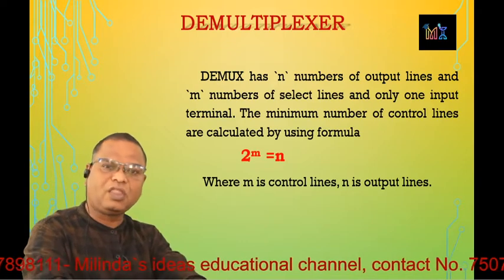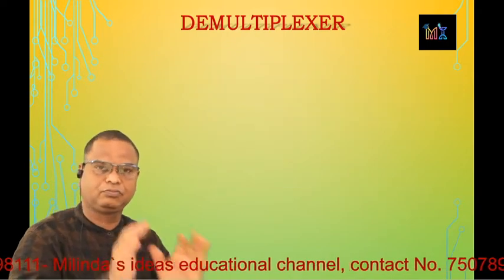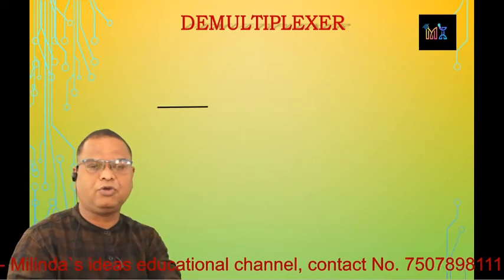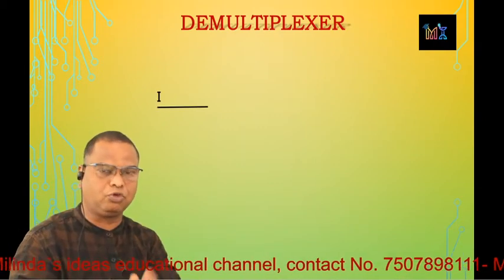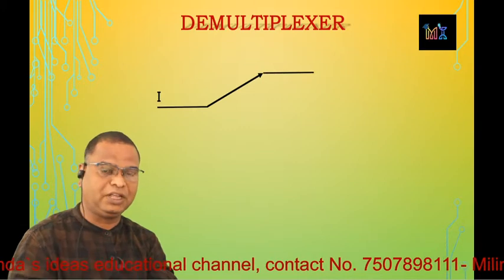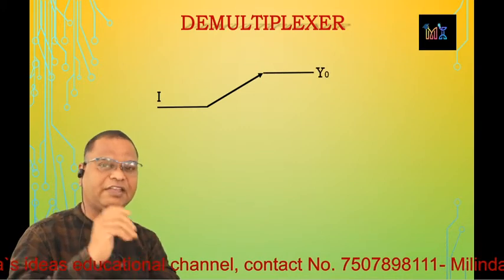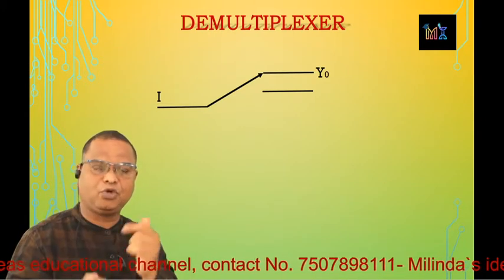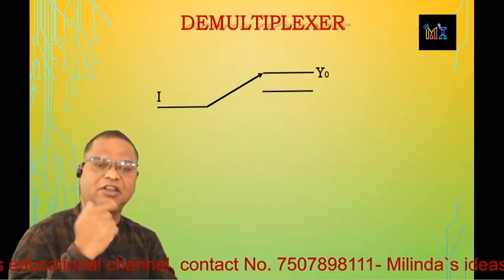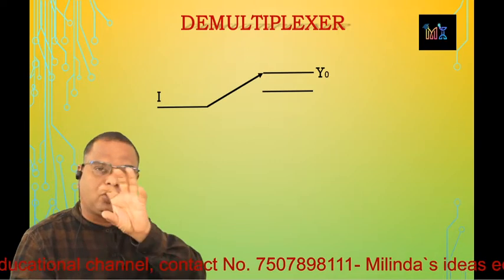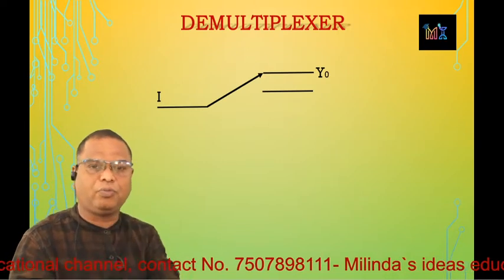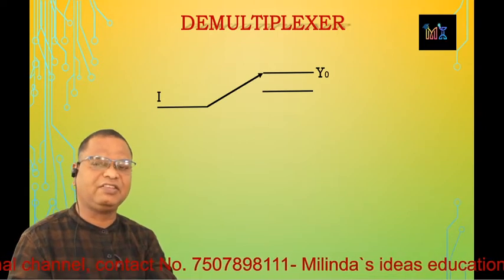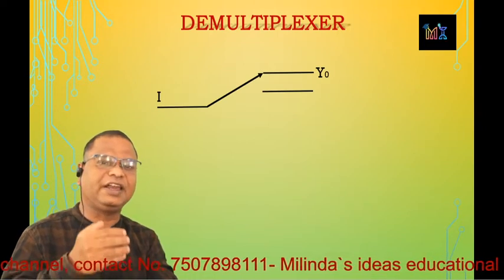Sorry. Similar to multiplexer, rotary switch is used to convert many inputs to a single output. Similar to multiplexer. In this case, exactly opposite action is there. Multiplexer में क्या मतलब अपन, there are many inputs, one output. In this case, there is one input, many outputs. But to perform this operation, once again the rotary switch is used. But in this case, the rotary switch is connected in opposite way.